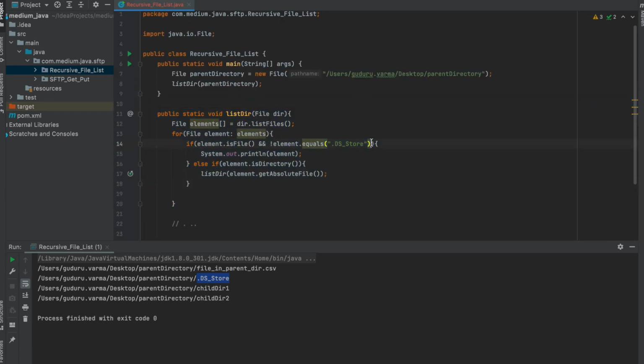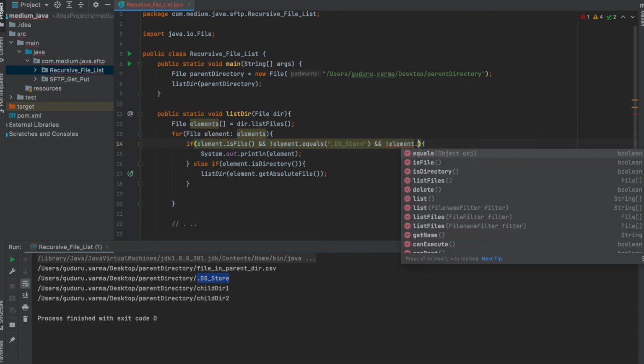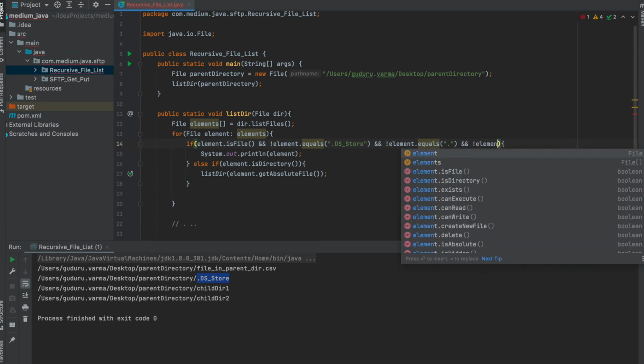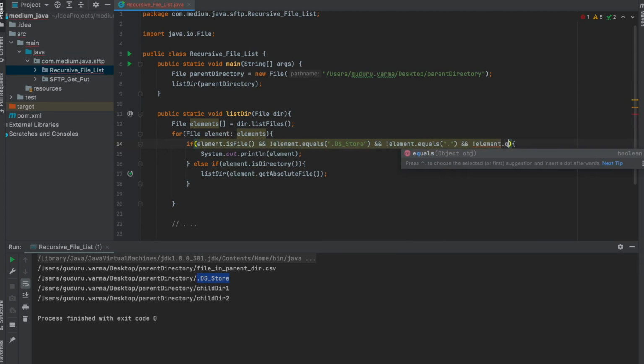And on Windows and Linux machines, you might also be using element not equals dot, and also element not equals dot dot. So if the element is a file, we do this. If the element is a directory, we iterate through this loop again.